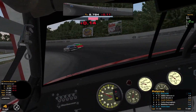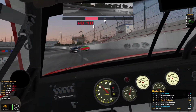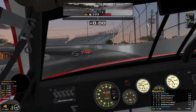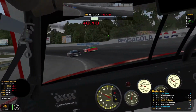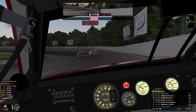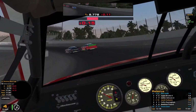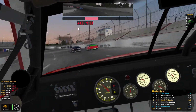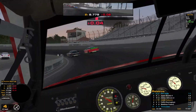Maintaining about the same gap out behind, so that makes me happy knowing that if the 5 is pushing as hard as they can, that we should have better tires the last half of the race. But that lap was a 17.5. Just doing the best that we can. Damage we got from the incident on the start of the race doesn't seem to have really affected the car at all. Seems like we've got decent pace,